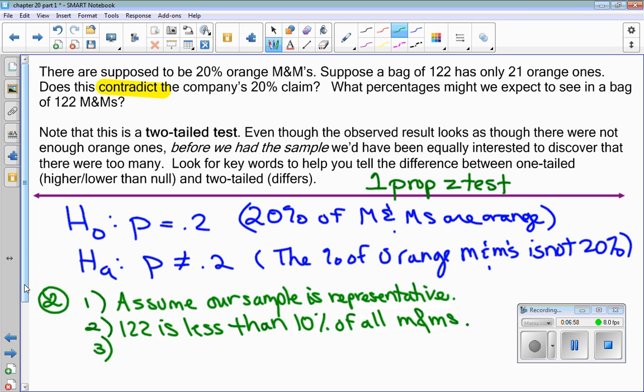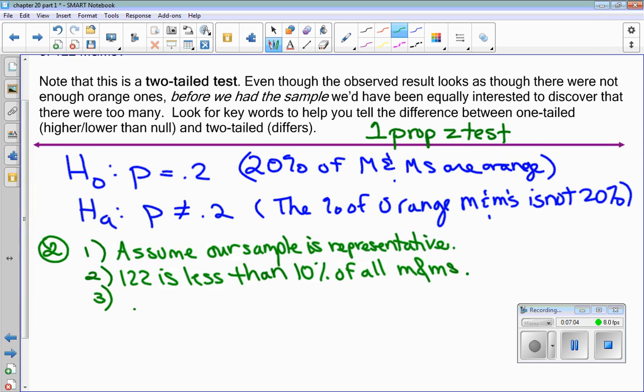Okay, and then our last one is np is greater than 10. So n is 122 and p is 20%, so I'm going to say 0.2 times 122. Is that greater than 10? What's 20% of 122? 24.4. Do we have a big enough sample? We do. And then we would have